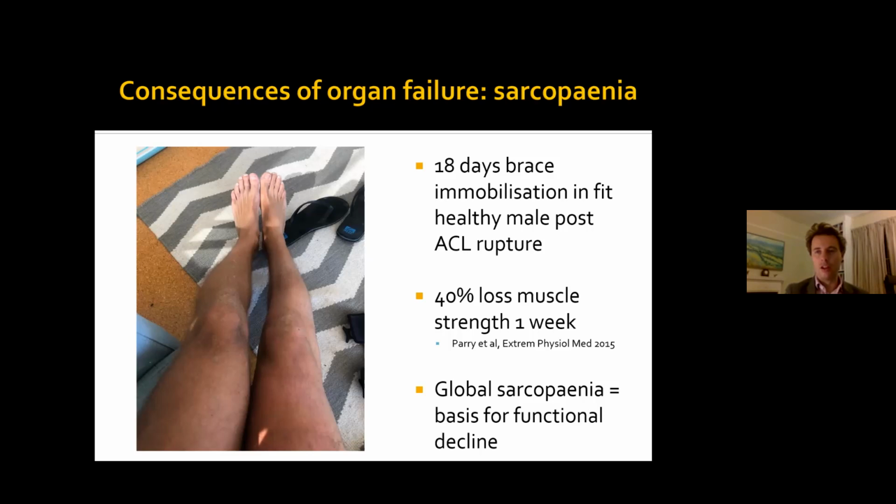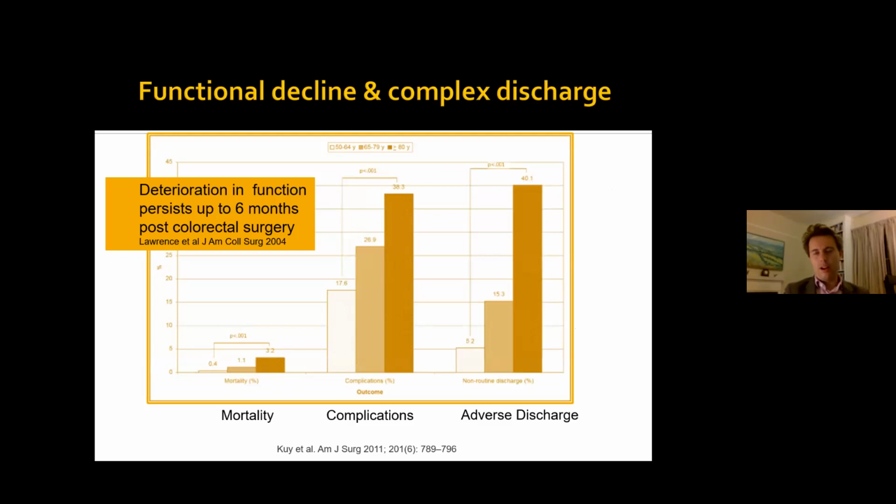And it's obviously what crucifies hospitals over winter, because people don't get out and don't leave. And of course, I'm just presenting data here really just to illustrate that point, that these patients who get complications are the same ones that have complex adverse discharge. And so it has a massive system-wide effect. And this deterioration that we see, it lasts for a long time. So it doesn't just disappear after 2 weeks of rehab. It may last for months and months, and perhaps in some cases even permanently after major complex surgery when things have gone wrong. And these factors are obviously really important to older people because they make a big difference to whether they have a decent quality of life and can live independently, and therefore they're also important from a consent